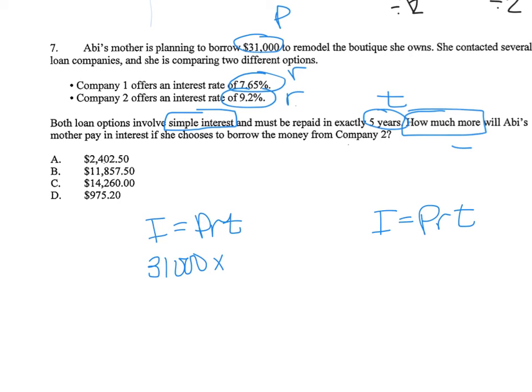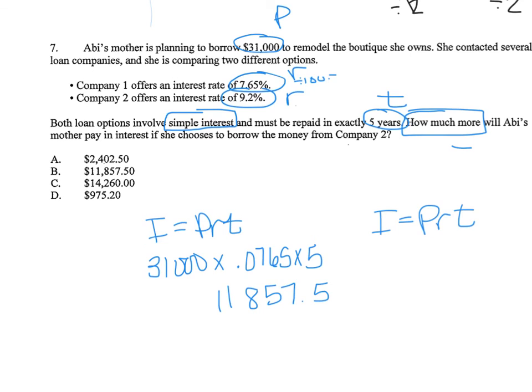I'm going to do the first one, and I'm going to divide it by 100. So 7.65 divided by 100 is 0.0765 times 5. So 31,000 times 0.0765 times 5 gives me